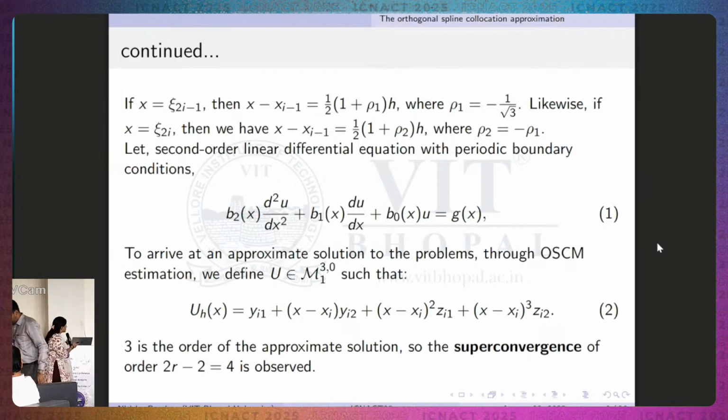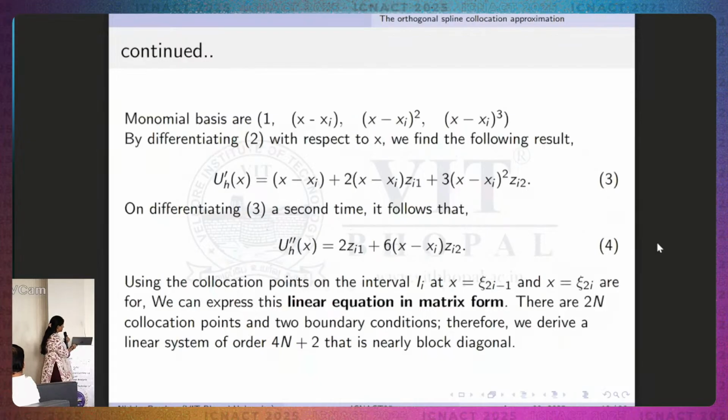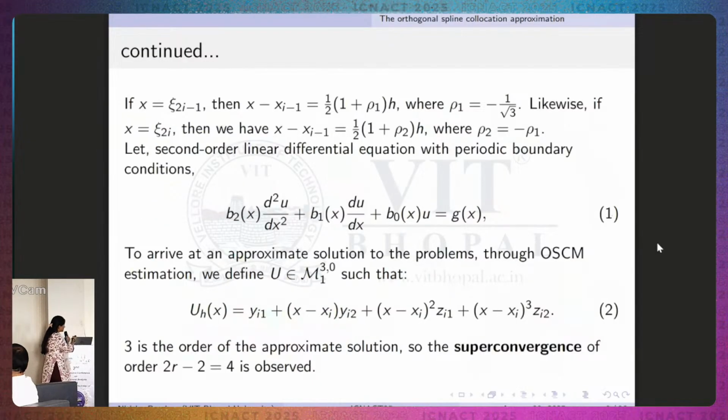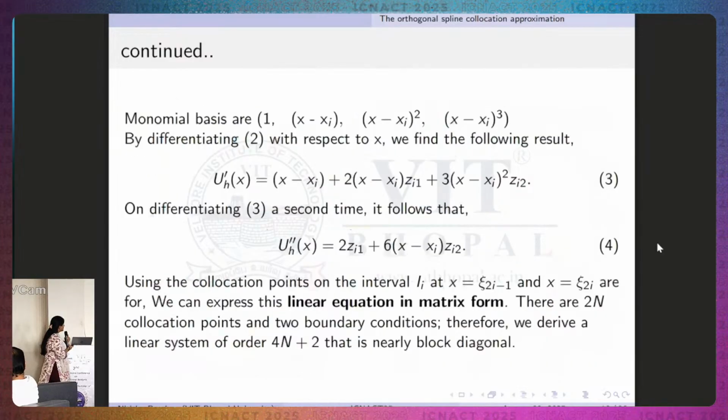Then we choose the approximate solution by the orthogonal spline method. Equation 2 is our approximate solution, which has r as the degree of polynomial. So by the superconvergence formula, 2r minus 2, we get 4 as our rate. These are our bases for equation 2. Now differentiating equation 2 two times, we get equations 3 and 4. Now putting these into our original